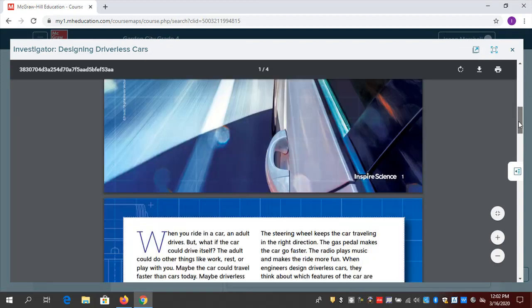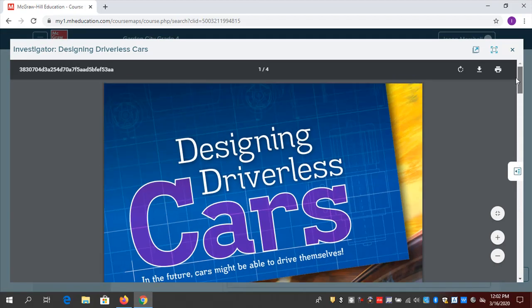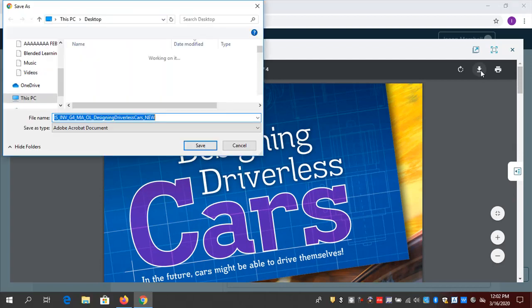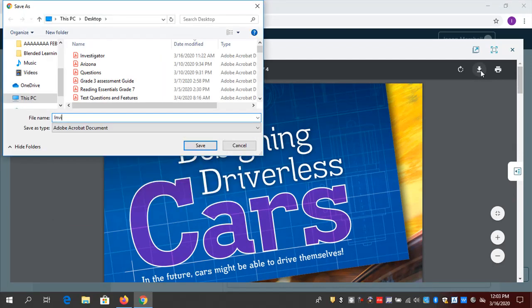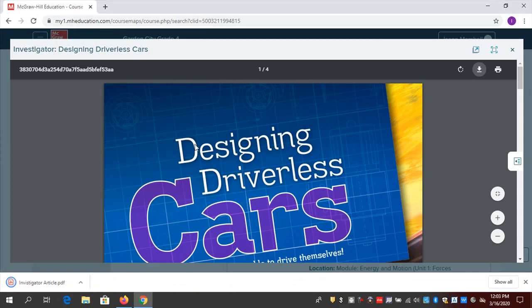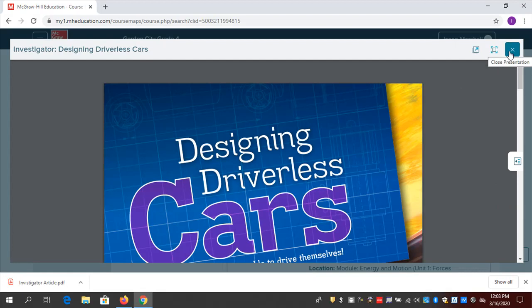If that's something that I want to send to them via email, I could just download it right here. Call this investigator article, save it to my desktop. Now that's something I could send to them in an email if I wanted to. But I shared with you a few moments ago that that's not how you have to send resources in Inspire